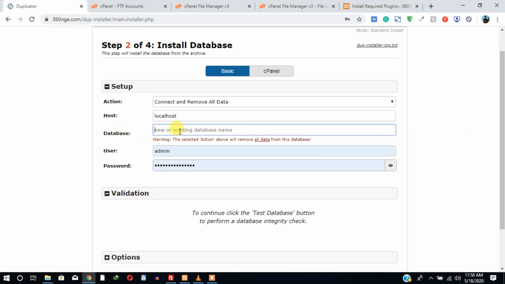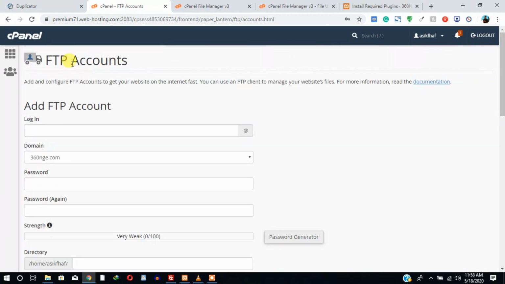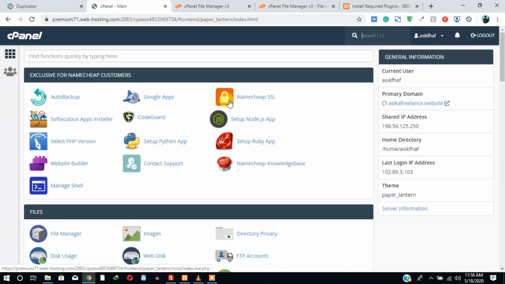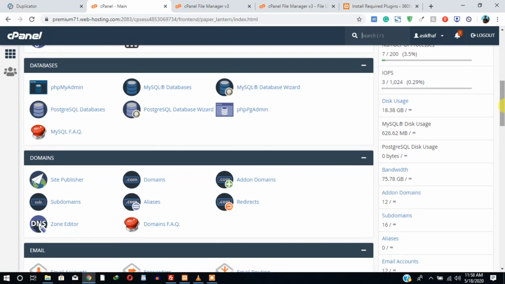So we need to create a database for our website from our cPanel. So we go to our cPanel homepage and we scroll down to database. Okay, MySQL database, this one over here. So you click on this